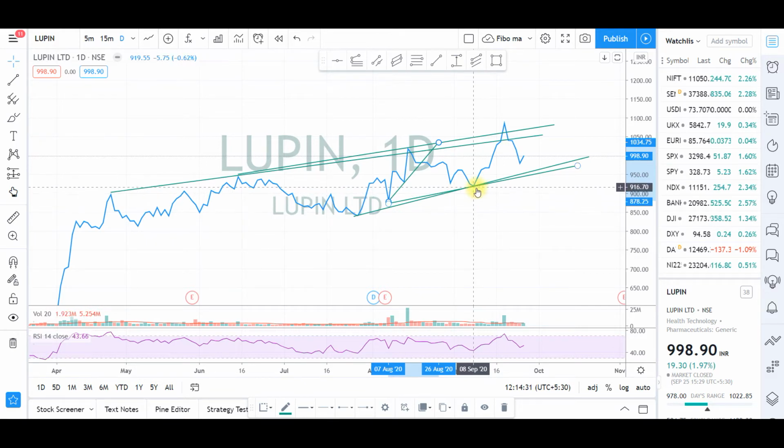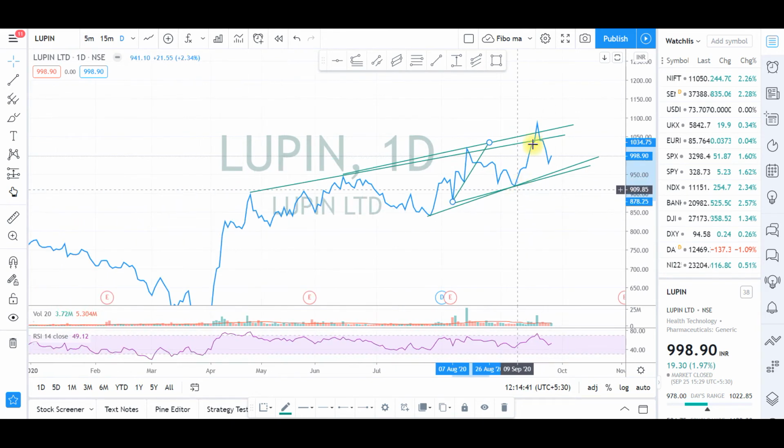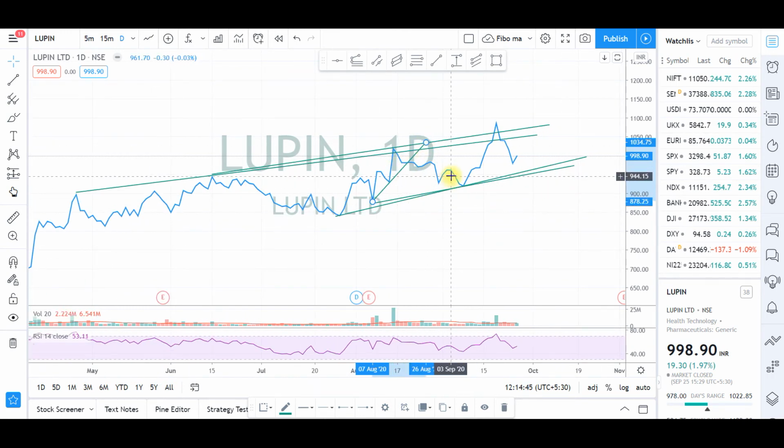Because this is a buying zone. At this point, if you see, it has come from this to this. Now at this particular level, if it is given as a short, it would have confused us. So that is where we need to have a little preparation before we get into any kind of trades.